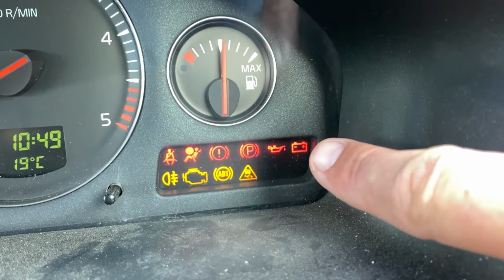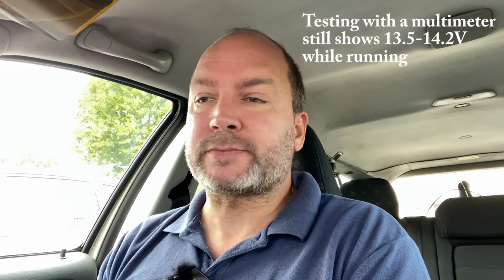Either you get a problem with your alternator and you're trying to find which alternator is correct, or you've had a new alternator fitted for other reasons and now your charge light is on. Even though the alternator does seem to be charging the battery, you get your charge light on. And this is mostly related to 2004, 2005 Volvos,